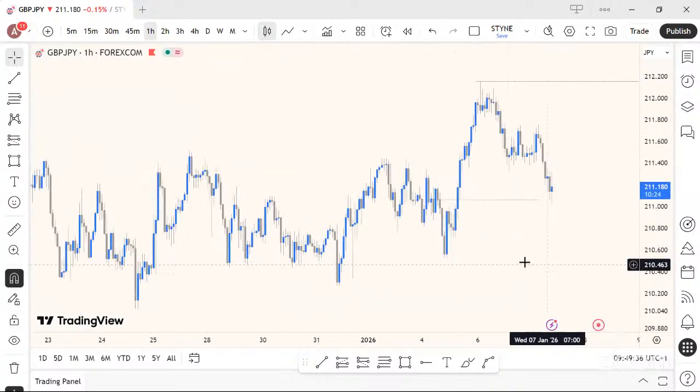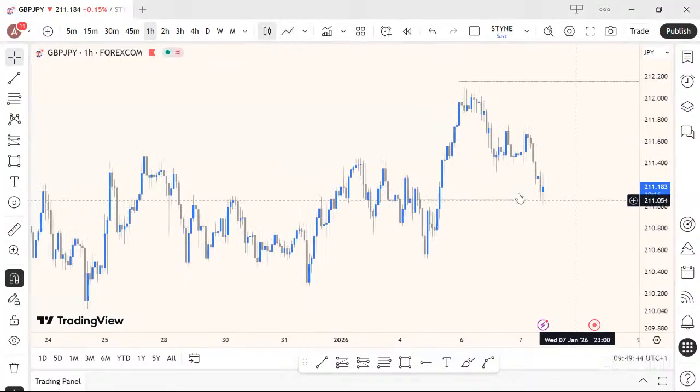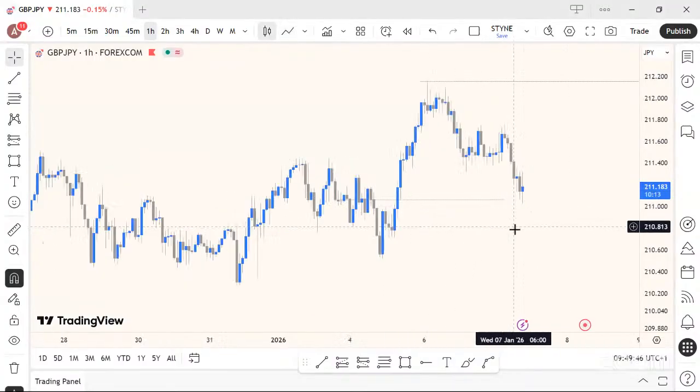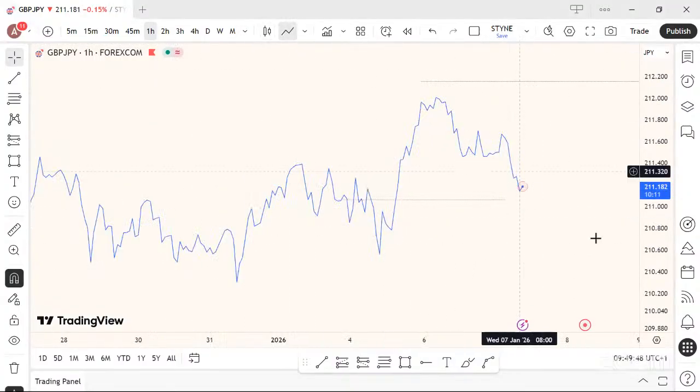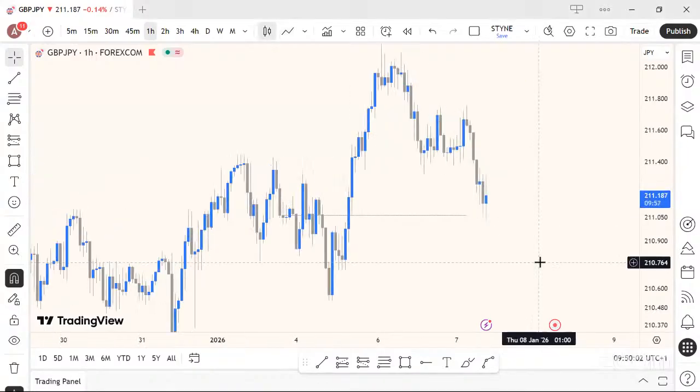There's a QMR kind of situation here where price sweeps and gives you liquidity here. But for now, I'm not looking at that one. This is what I'm looking at because of this fair value gap. On the line chart, I want price to do this. When price breaks here, if price can confirm this expansion at this point, then I can look for an entry here to play. So that's what I'm going to be doing on GBP JPY.